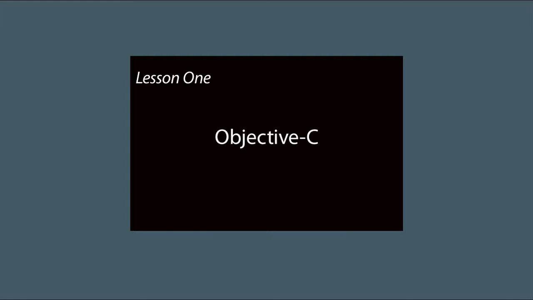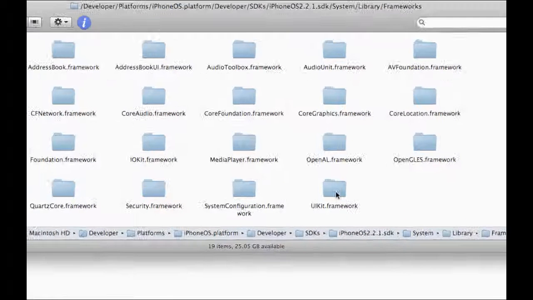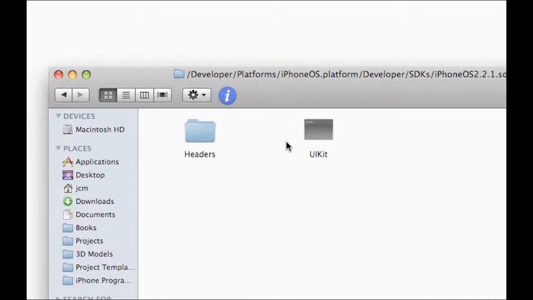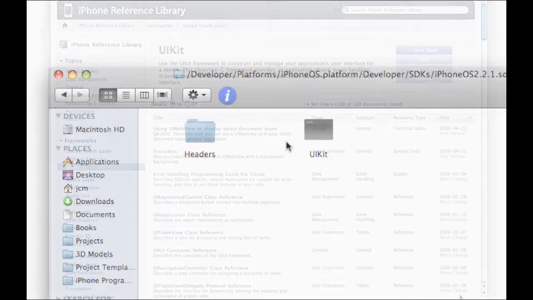In Part 1, I discussed the Objective-C language in brief. Now let's talk about the UIKit framework. UIKit, or Cocoa Touch, is the main framework used in iPhone app development. A framework is a library of code that has already been compiled into binary, so you can't mess with it, but you can include it in your projects and use it according to a set of rules called an API,